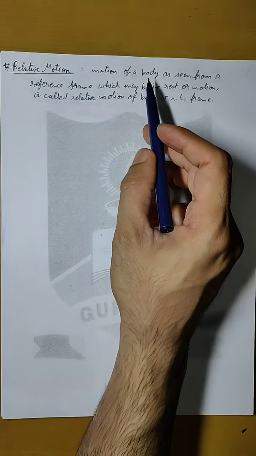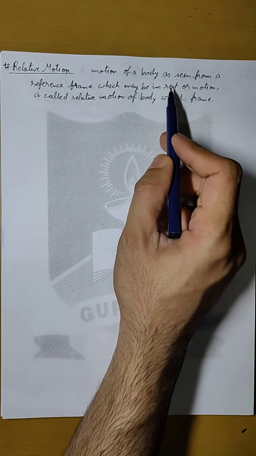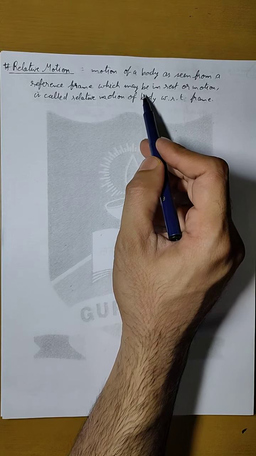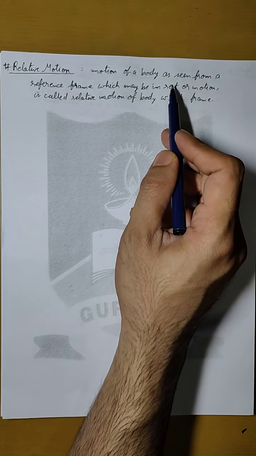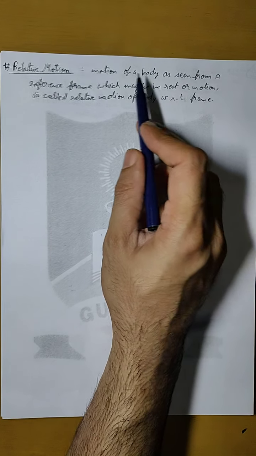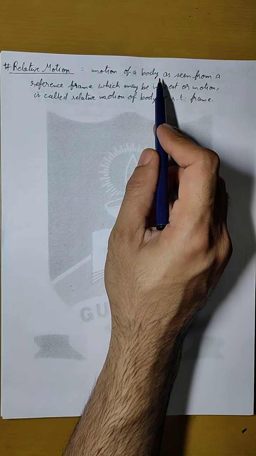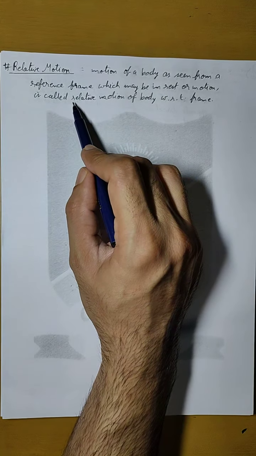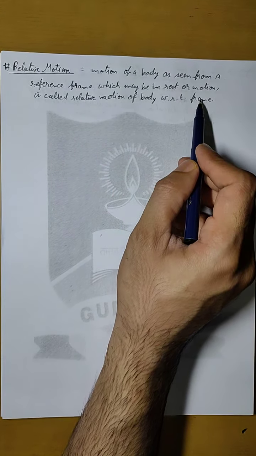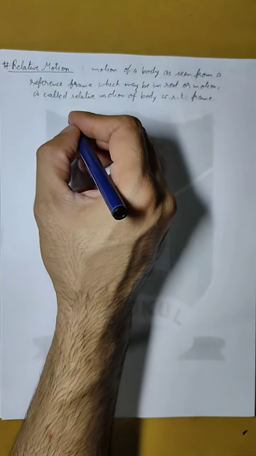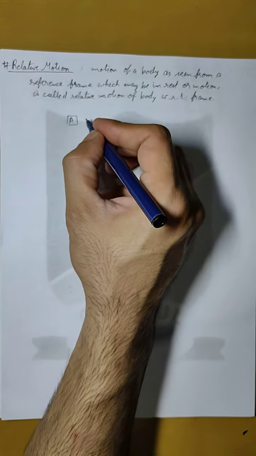So we can say that if we decide a frame of reference, and the frame of reference itself can be in rest or motion, and from that frame of reference the motion of a body is judged, various parameters of the motion of the body are calculated, and such motion is called relative motion of body with respect to the frame. So as an example, let us say that we have a body A which is moving